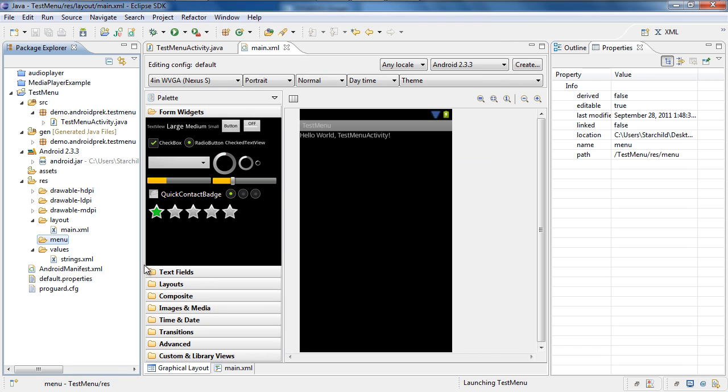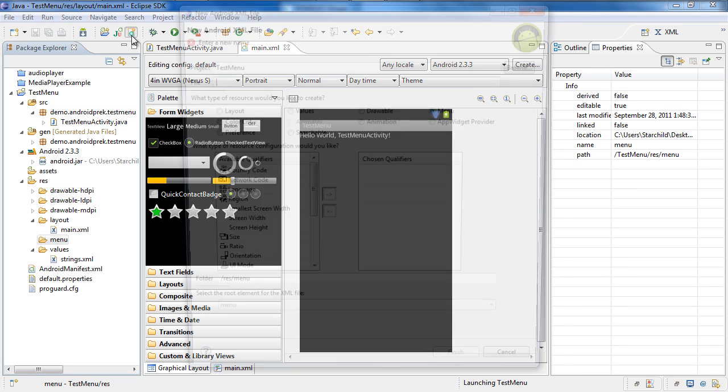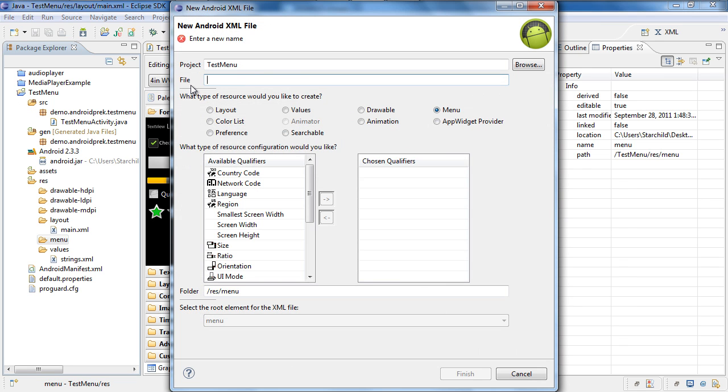And just click finish. Now we have our menu folder inside of our resources folder because the menu is a resource. Alright, now what you do is you just select the menu folder and go over to the Open a Wizard to help you create a new Android XML file tab or button, whatever you want to call it, and we'll get the new file window that pops up. And the file is going to be named